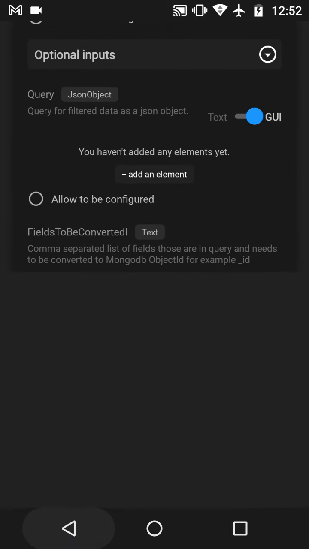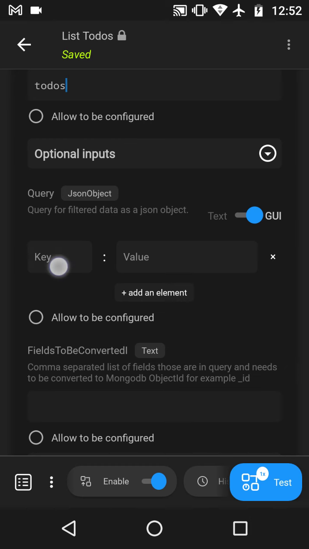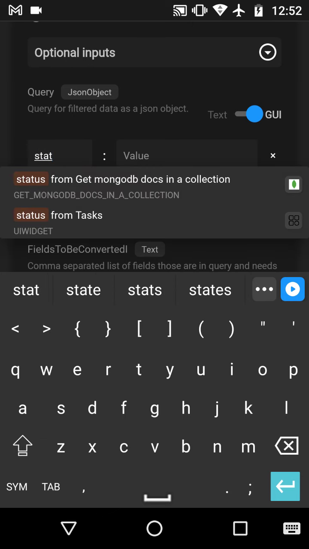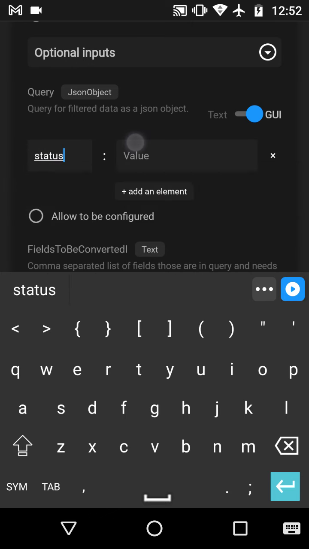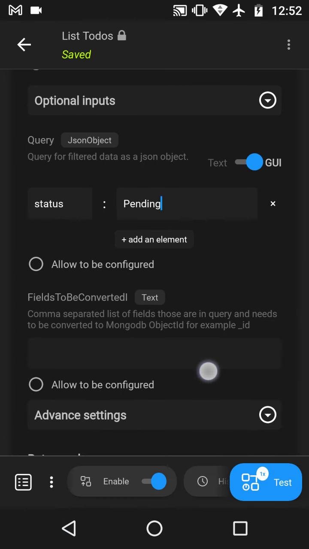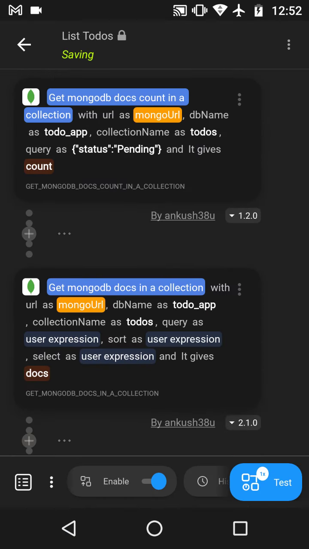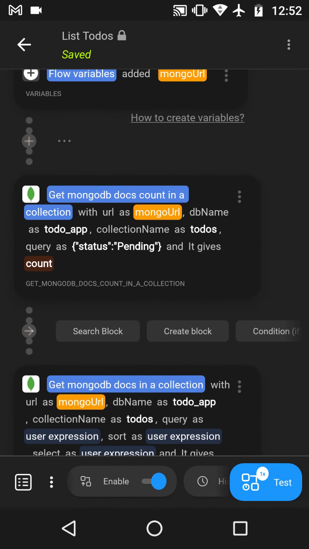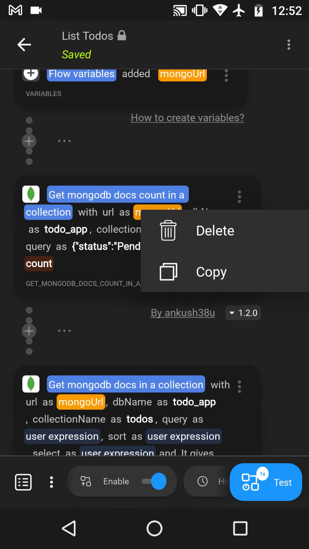Okay, this time we want to specify the query. What's the query? The query is find me the count of all the documents or all the tasks where status is pending. Okay, that's about it. And we want to do one more thing, that is let's copy this block.